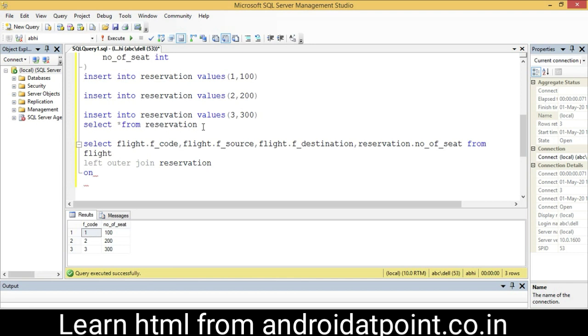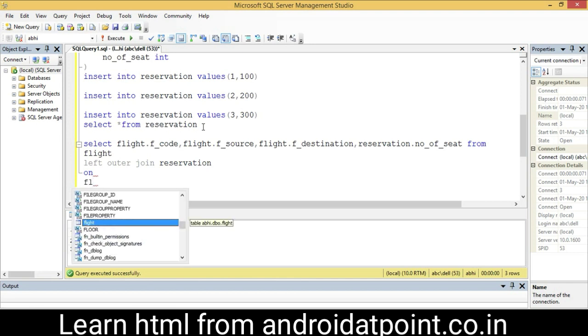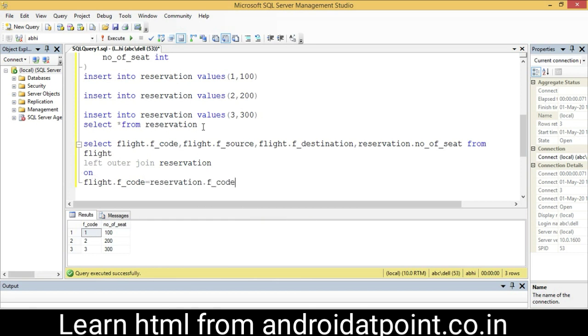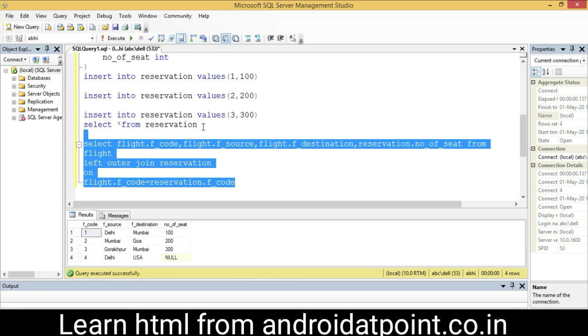We have a common column F code, so just write flight dot F code equals reservation dot F code, and select it and execute it. Look at the output. It displays all the records from the first table and the matching ones from the second table. The IDs 1, 2, 3 match the reservation table, so it displays the number of seat 100, 200 and 300. But the reservation table does not have flight code 4, so it places a null.